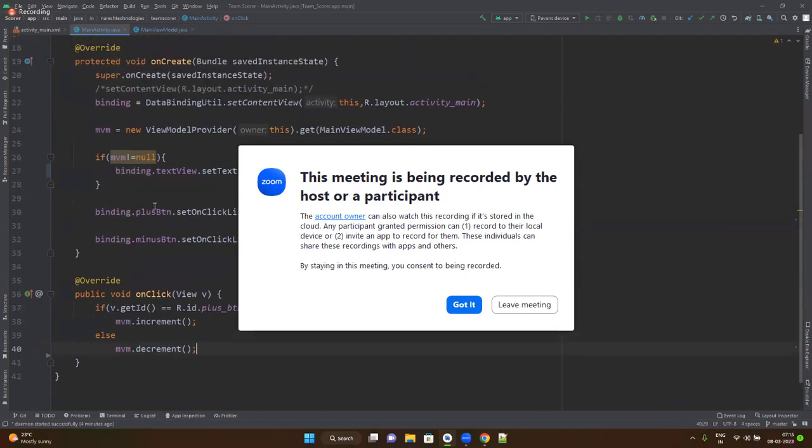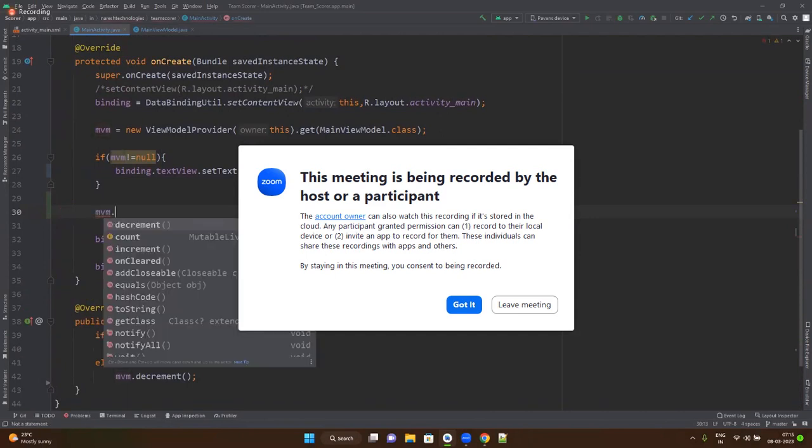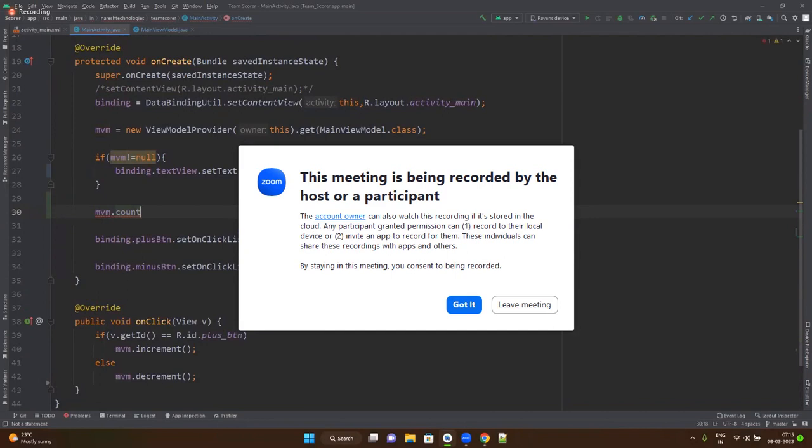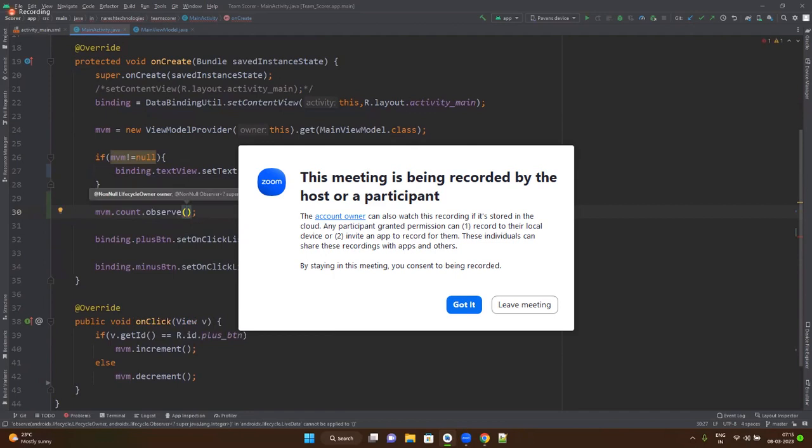So instead of this, we will wait for the value to change. So mvm.count, we will observe the changes in the count value